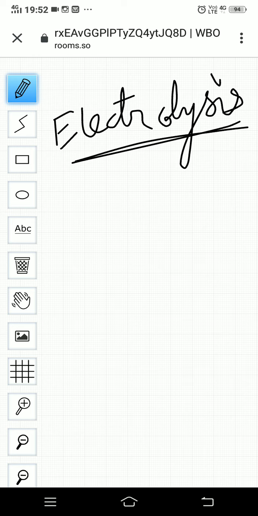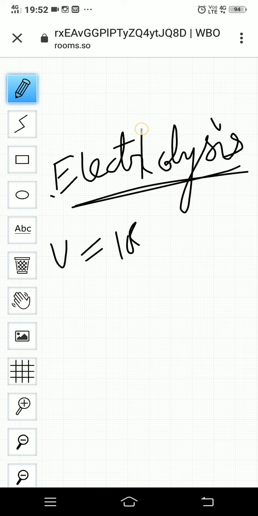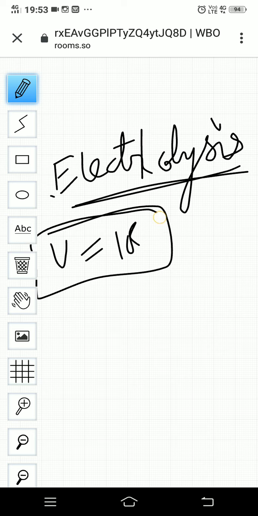But before we start Faraday's law, we are going to understand the basic terms, which include conductance, resistance, specific conductance, conductivity, resistivity, all these. So before anything, what is conductance? Rather, what is Ohm's law? For Ohm's law, we know V is equal to IR. This is Ohm's law. We have studied this from long ago, that V is equal to IR.